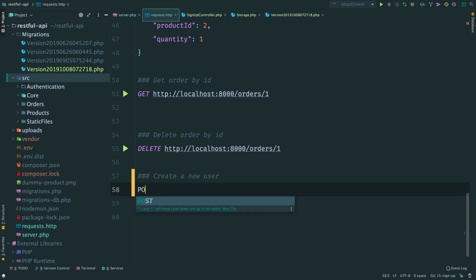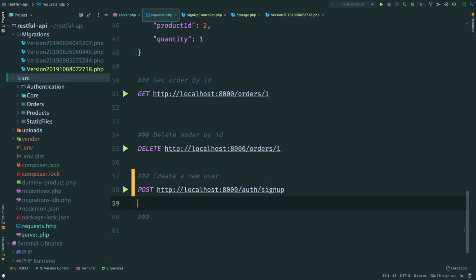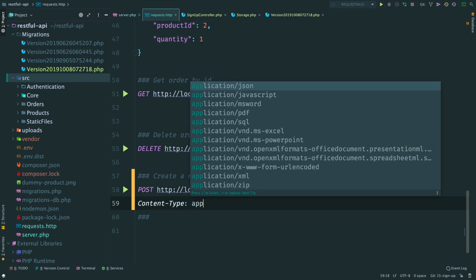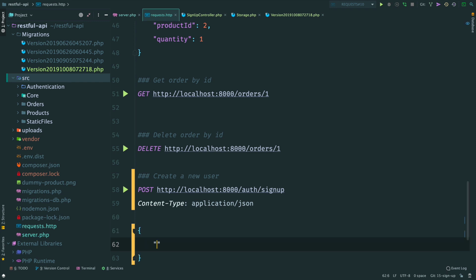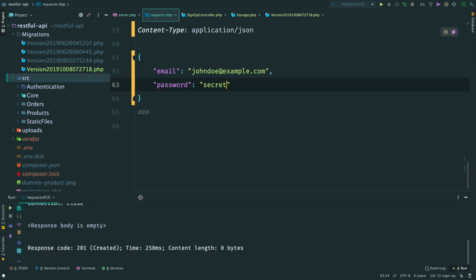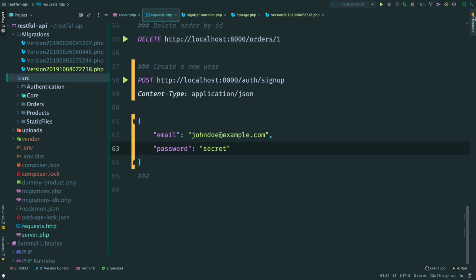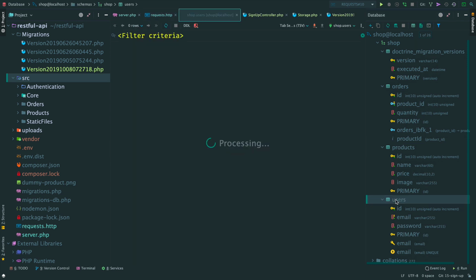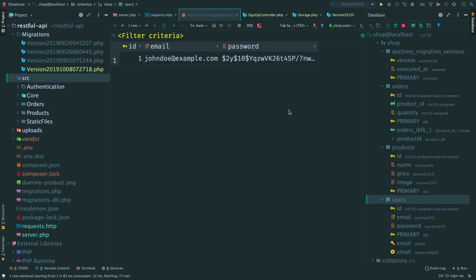Create a new user. It will be a post request to localhost port 8000 auth/signup. Add content type header. We will send a JSON request. Then the body of the request, email and the password. Okay, send the request. We get back a 201 response, and if I open the database, here is our new user.